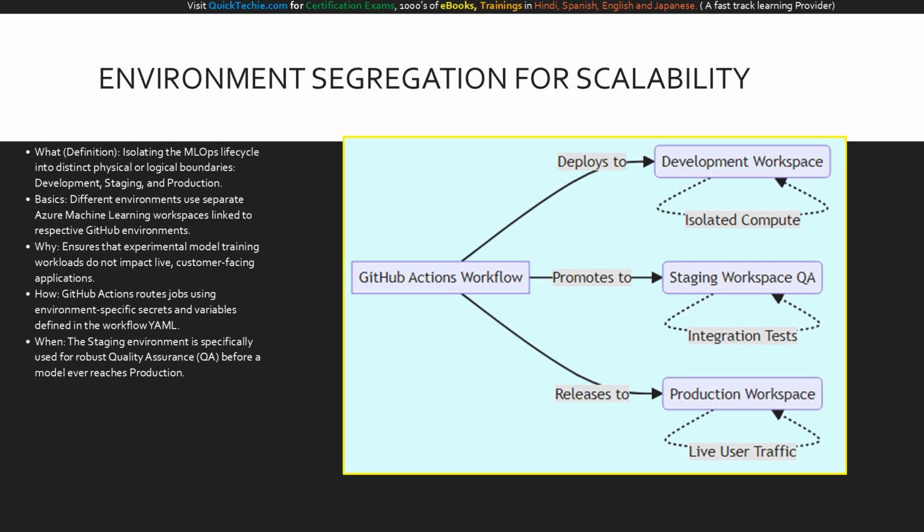We divide our MLOps lifecycle into development, staging, and production. Ideally, these are entirely separate Azure Machine Learning workspaces, each linked securely to different environments defined within GitHub. Why do we do this? Because a data scientist running a massive, experimental deep learning job should never consume the compute resources needed by your live production web app. Your GitHub Actions workflow handles this dynamically by pulling different variables and secrets, depending on the